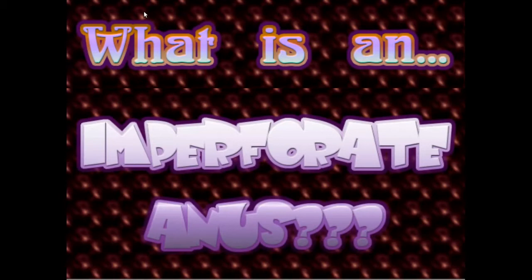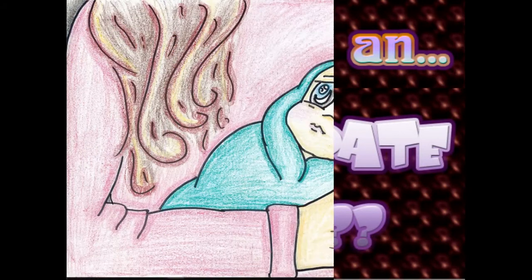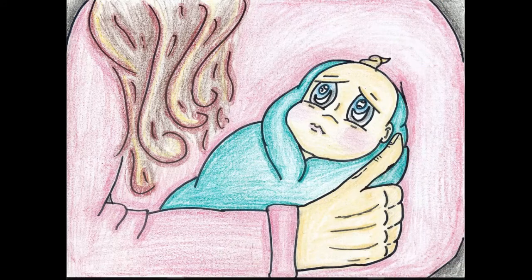Most of us take pooping for granted, but what if you couldn't? The anus is the hole we use for expelling waste from our bodies, but very rarely a baby is born without an anus. This is called imperforate anus. To perforate something means to make a hole in it, so something imperforate is something without a hole, like a